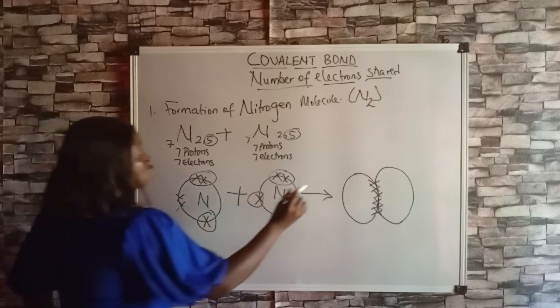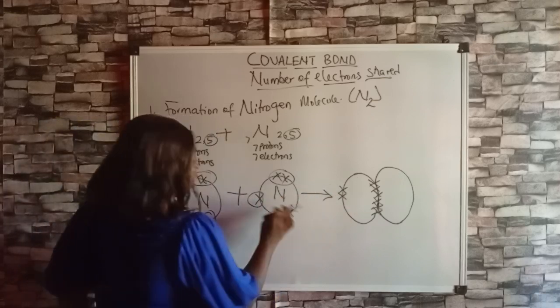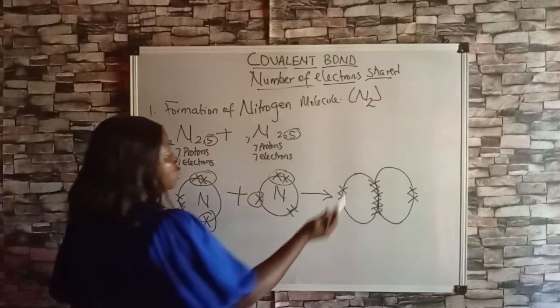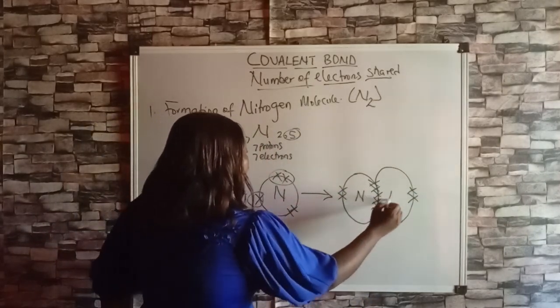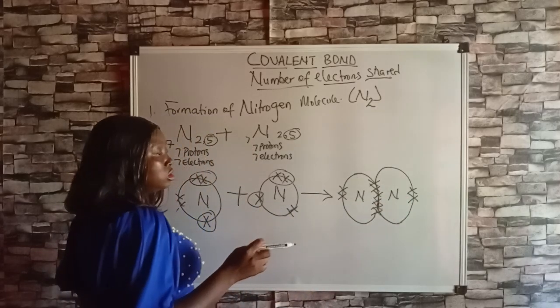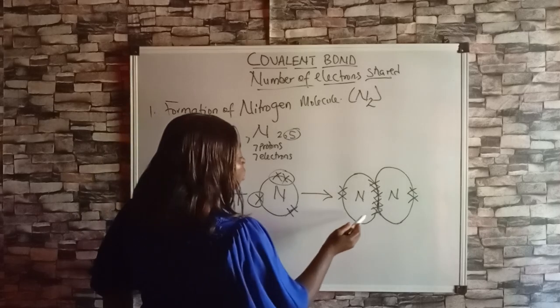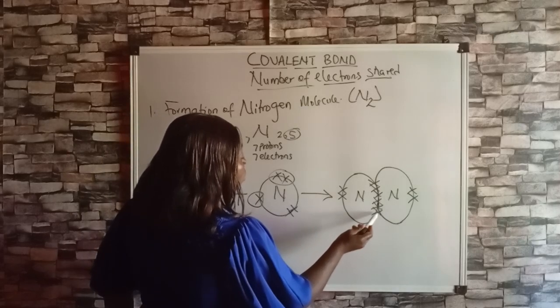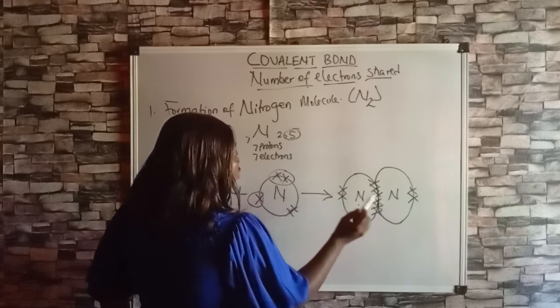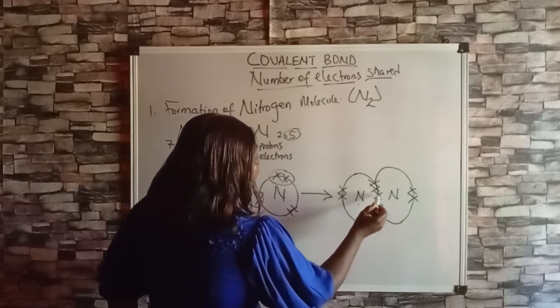I still have extra 2, and this one has extra 2. So when you count, each of these nitrogen atoms has reached the octet electronic configuration, where we have 1, 2, 3, 4, 5, 6, 7, 8 in this shell,